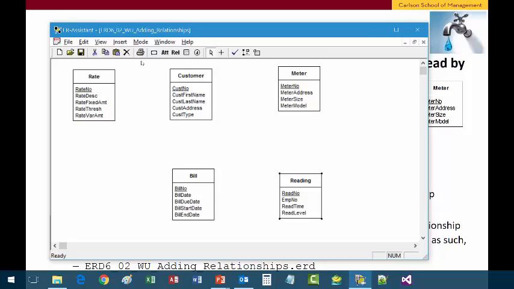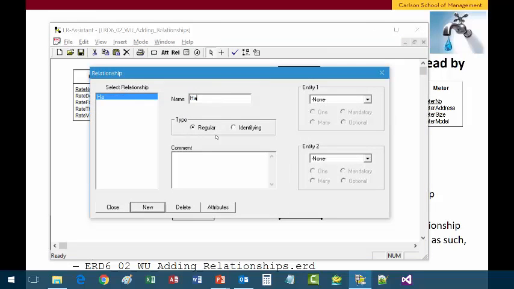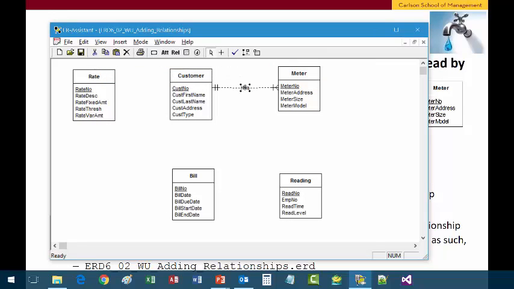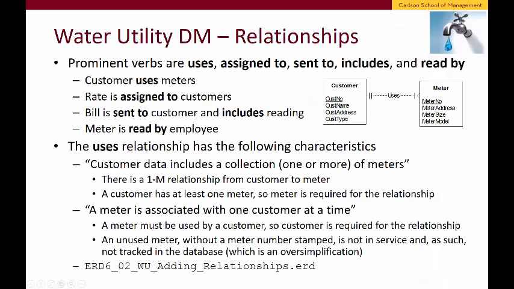Then let's start with the first relationship. Insert a new has relationship between one customer and multiple meters, right? Again, for presumably commercial customers. Because both entities are mandatory, make sure to select this on the customer and meter, close it, and then of course you have to mess around to make it look better, and then save the changes. We'll switch back to the presentation and review the uses relationship in the top right corner of the current slide. And let's move on to the next one,